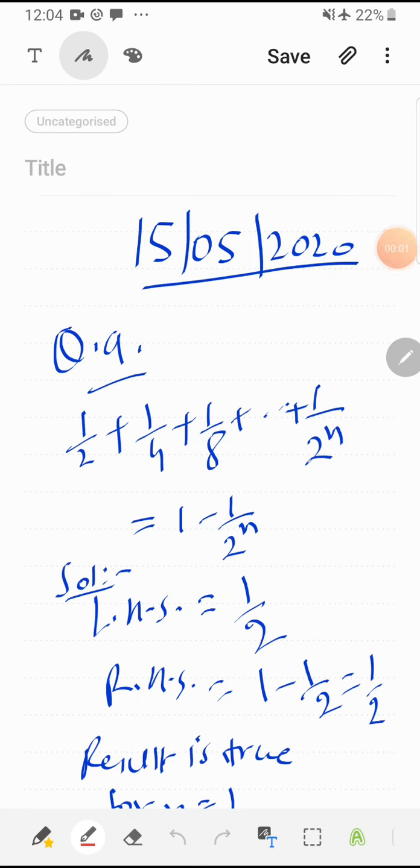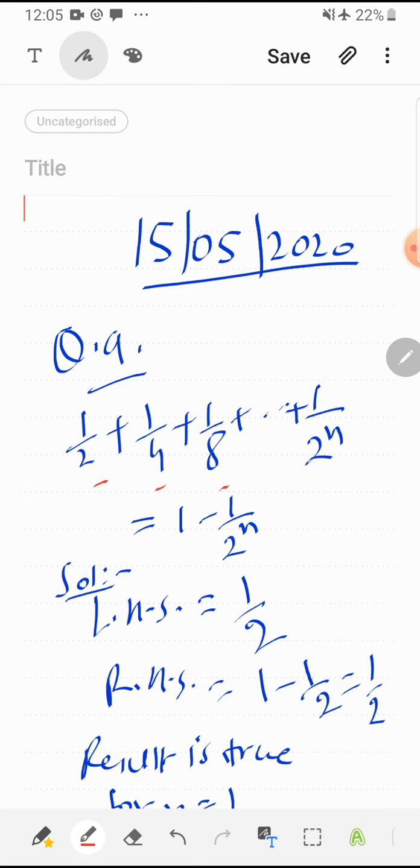Today we are going to discuss some problems based on the principle of mathematical induction. Now students, one thing is that as we have done the problem in a full-fledged manner in proper wording, in practice sometimes we skip the formal steps. So remember this. The first problem is: prove by PMI that 1 by 2 plus 1 by 4 plus